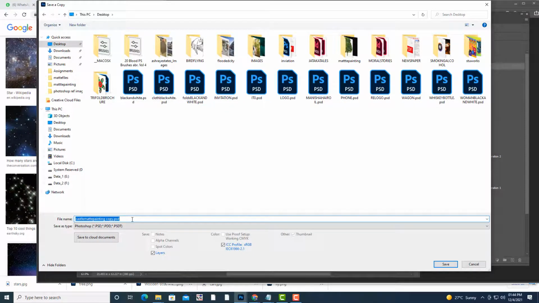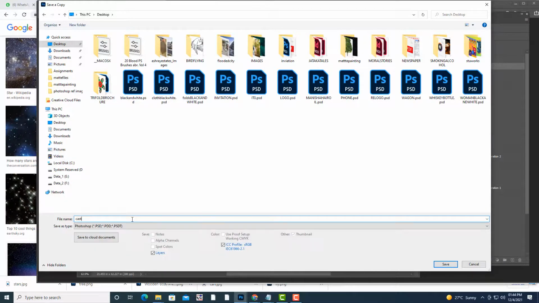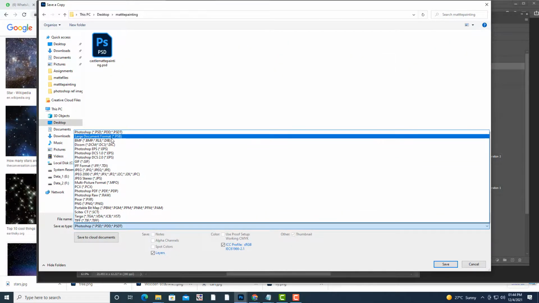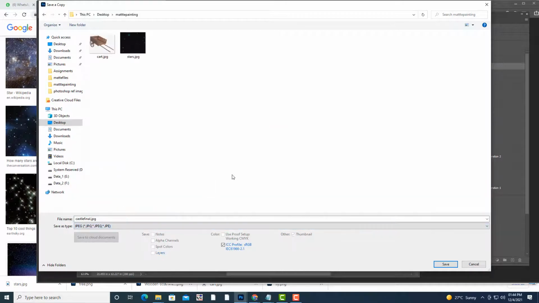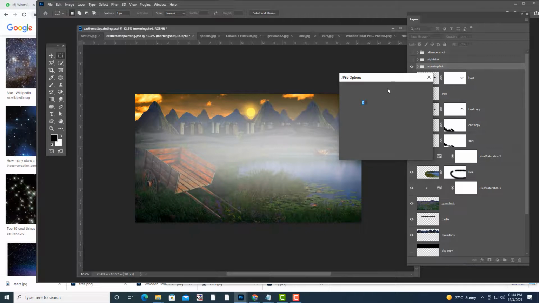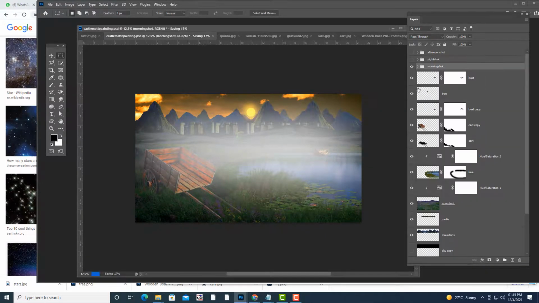So we'll say cancel, final, and we'll select JPG. So just click OK.